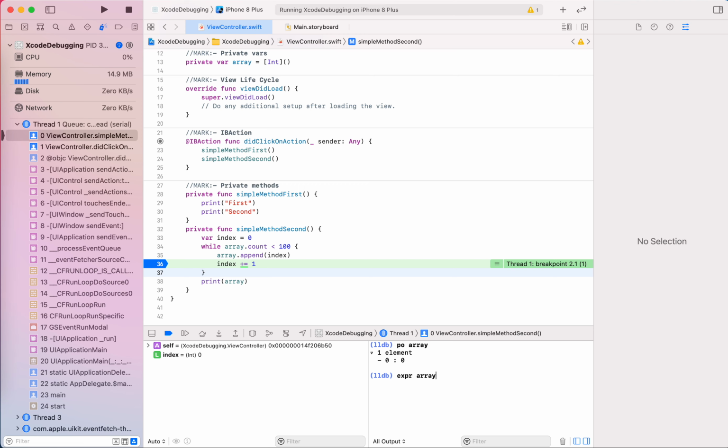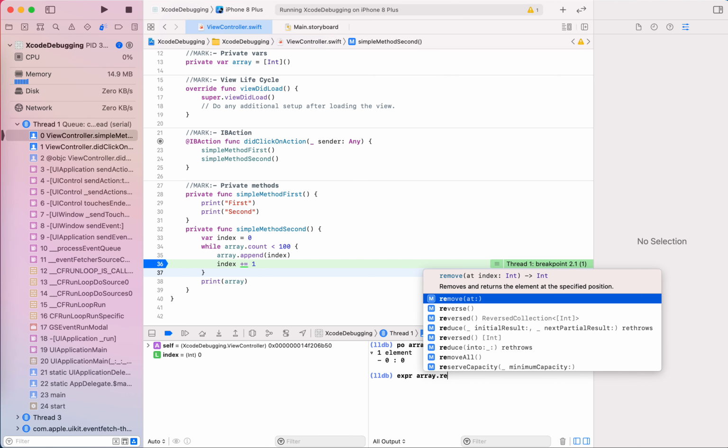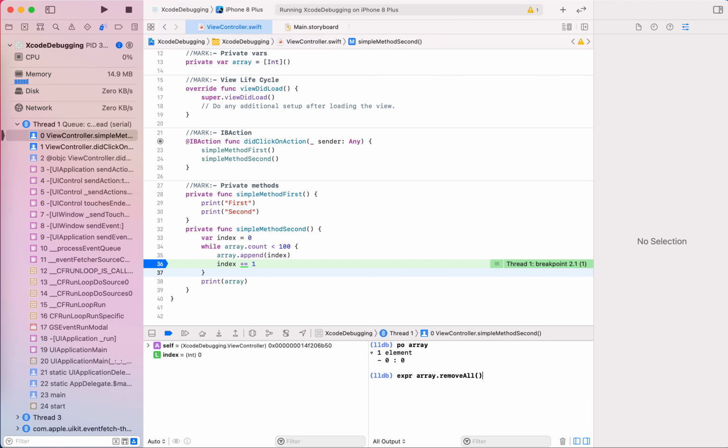So I am going to remove all the elements in the array variable. I write array removeAll. Now you can print the array, and you can see that there are 0 elements here. Previously there was 1 element, now there are 0. So through the expression command you can perform actions at runtime.